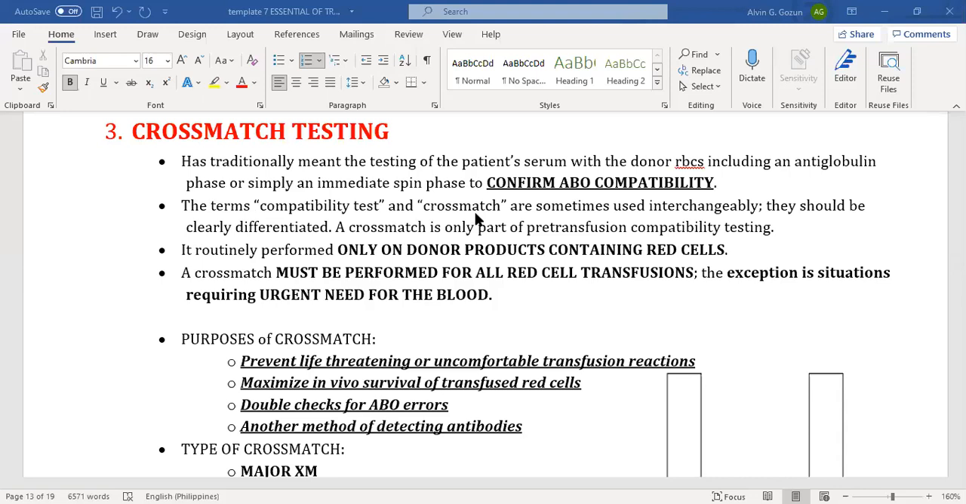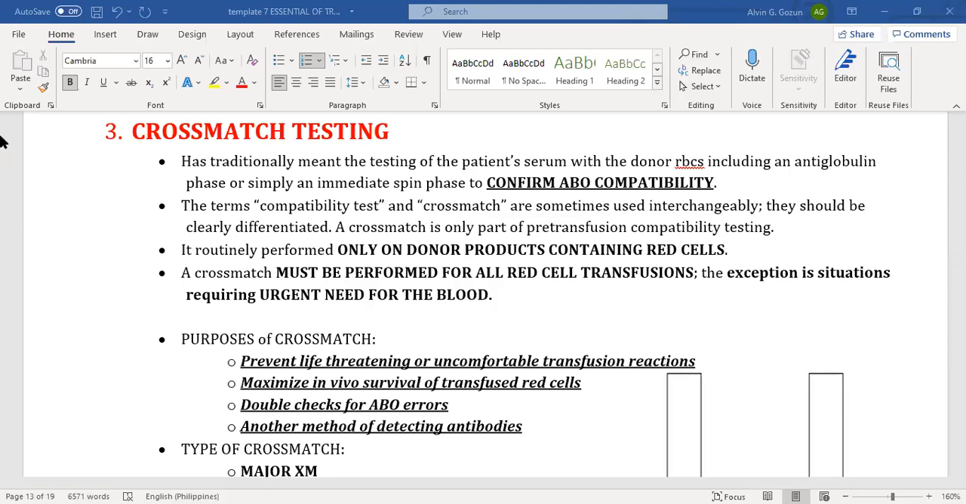Again, on compatibility testing. This is routinely performed only on donor products containing red cells. Again, pina-perform lang to kapag yung blood to be transfused are may red cells, okay, containing red cells. A cross-match must be performed for all red cell transfusions. The exception is situations to